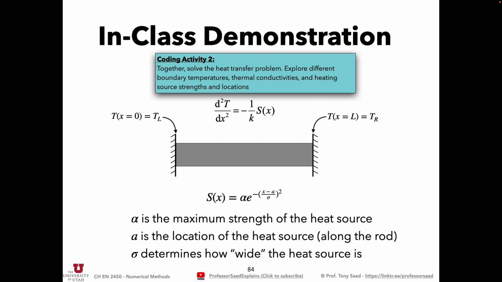The parameters here just scale that function, and I'll explain when we put it in the code. Essentially, this coefficient alpha tells us how big that function is. Is it going to heat 1,000 watts per cubic meter or 1,000,000 watts per cubic meter? A tells you where the peak is going to be located: at 1/3 of the way, half of the way, or 2/3 of the way, whatever you want. And sigma is what's called the standard deviation. It tells you how wide that bell curve is. So are you going to heat only at a few points, or are you going to heat like this